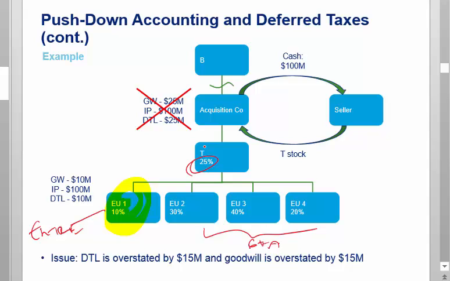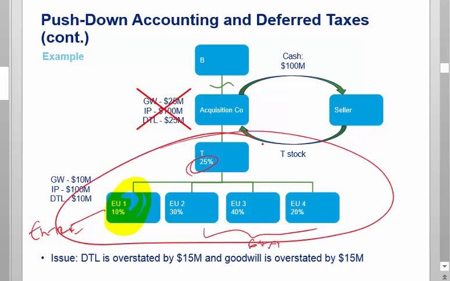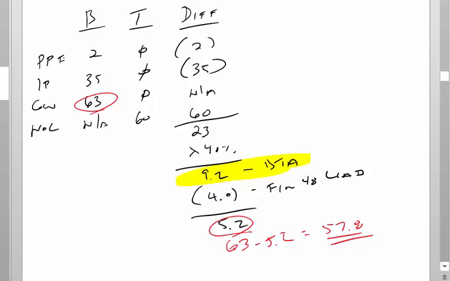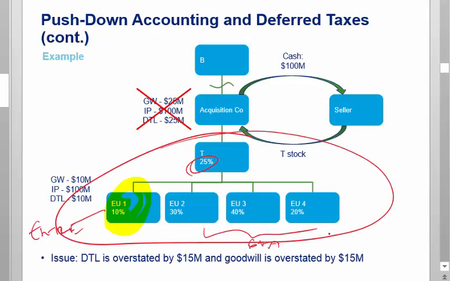So when you do a global acquisition, T in the T group, you've got to do the analysis in this slide where you do book equals tax. You got to do it in every box. So that purchase price needs to be pushed to the relevant box so that in this box you can do a book equals books versus tax basis calculation. And then you go down here and you do book versus tax. And you go here, book versus tax. You got to do it at all the relevant subsidiary entities. Because just booking the premium top side and assuming you can use a blended rate, that won't work.